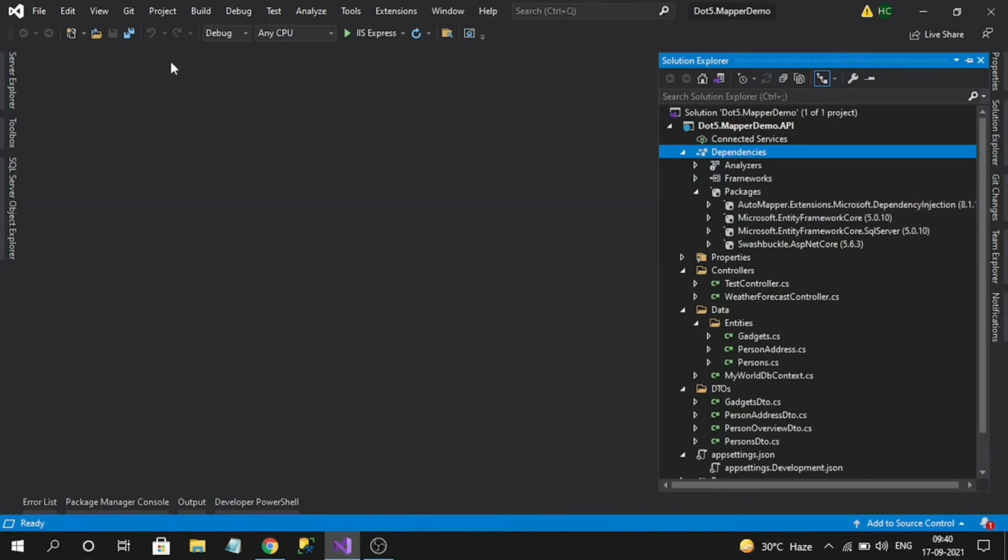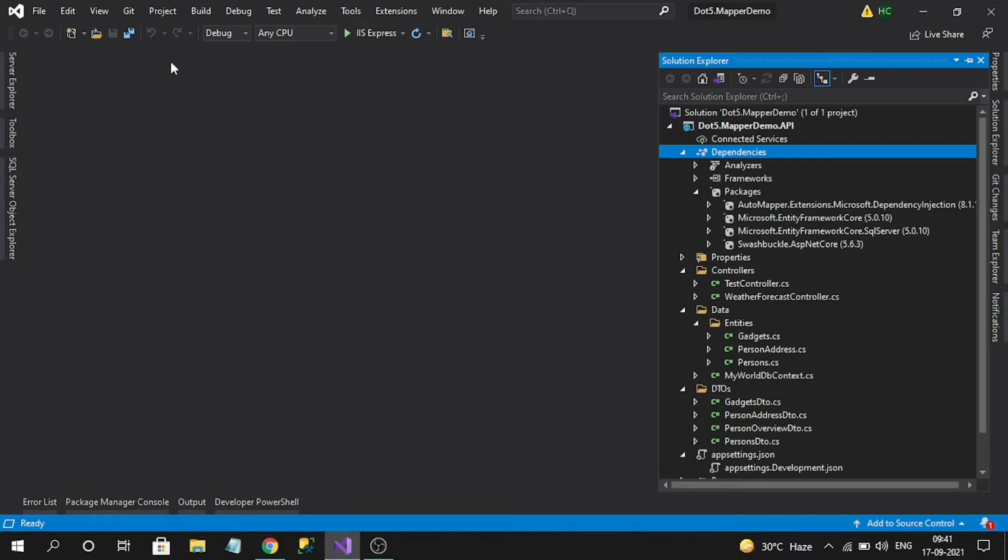That is my basic first step. Next, while using AutoMapper, the source and destination objects must be registered. The most categorized way of registering them is creating profile classes. What does a profile class mean? We will create a class and inherit Profile from the AutoMapper library. Then we can register our source and destination in the constructor of that profile class. We can create any number of profile classes based on your requirement. For this demo, I'm going to create only a single profile class.